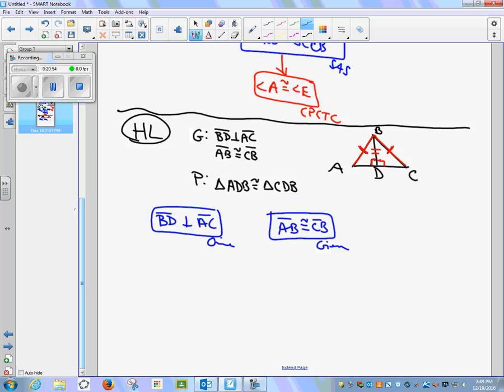The third statement has to say what? That they're right triangles. I said this a bunch of times in class. We did it a bunch of times, and then I gave that formative, and 65% of the people got it wrong. So you have to really pay attention when you're using HL,